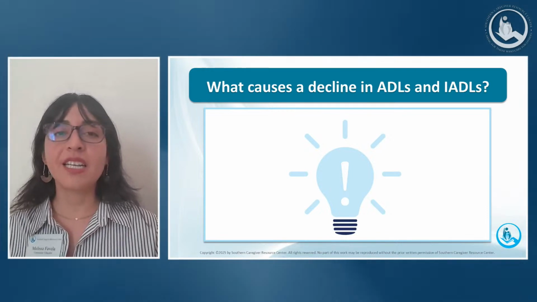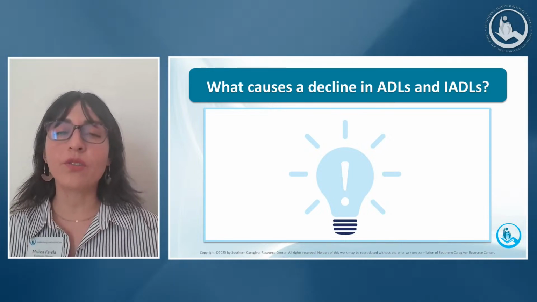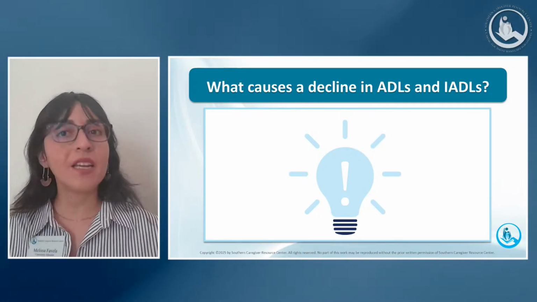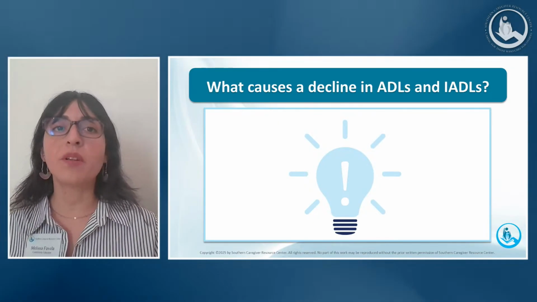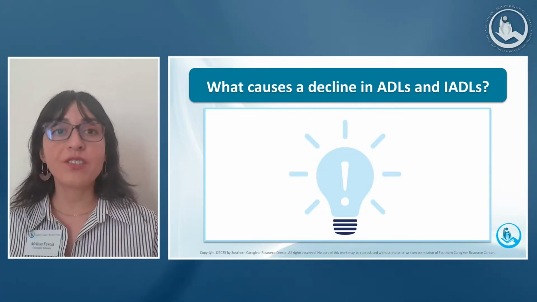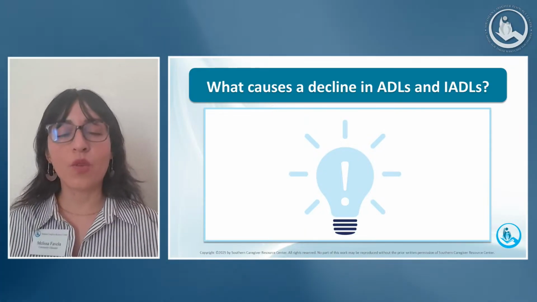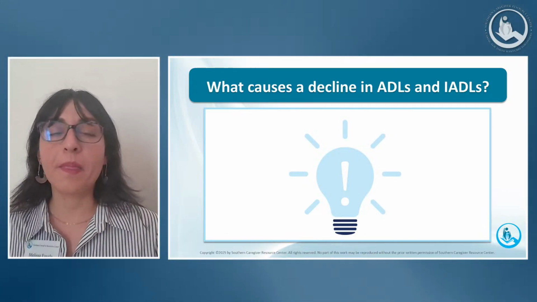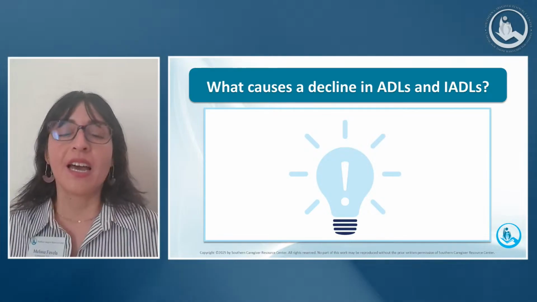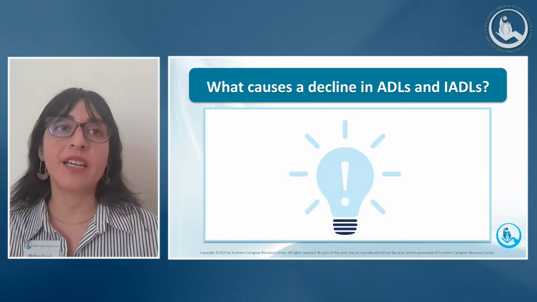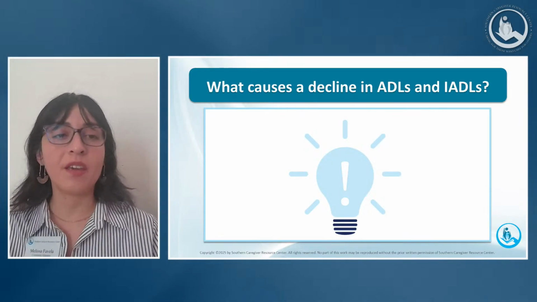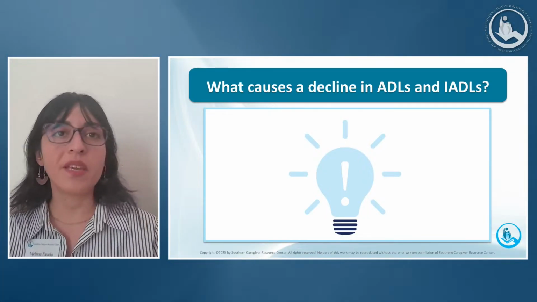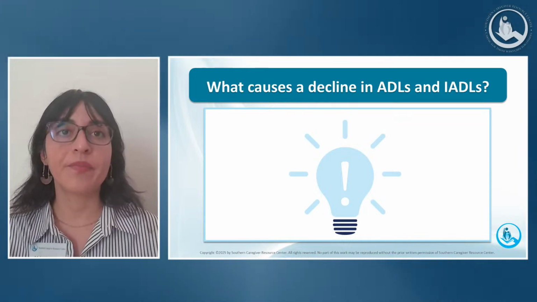Now, hospitalizations and acute illnesses are also key risk factors. Research shows that many older adults are discharged from the hospital with worse functional status than when they were admitted. Okay, and so again, not a single cause really, but something of importance as well. As we can see, it could be physical decline, it could be cognitive decline, it could be something else.